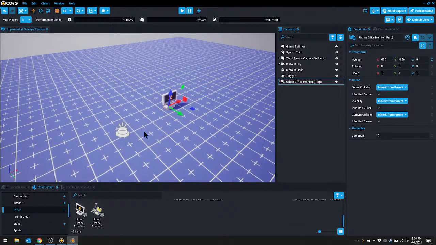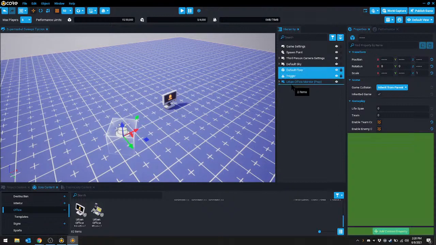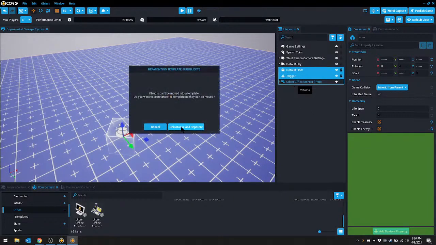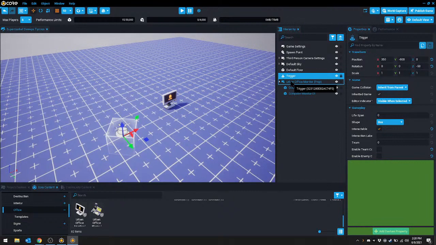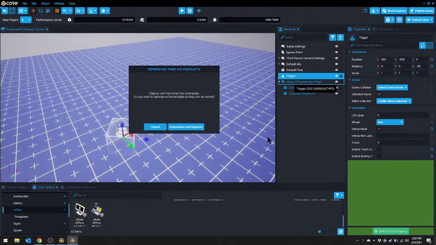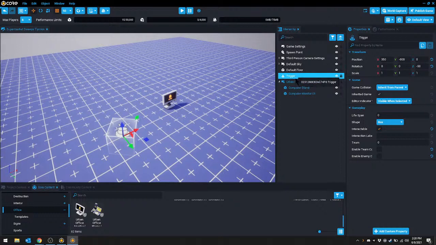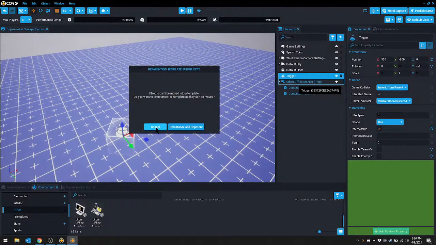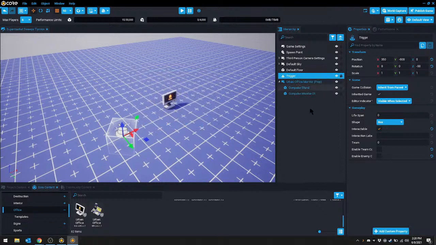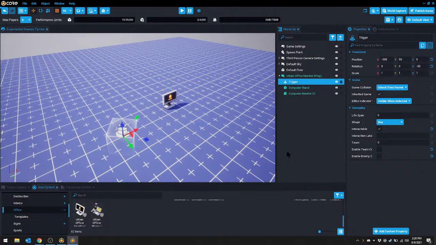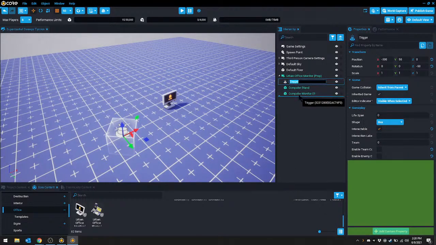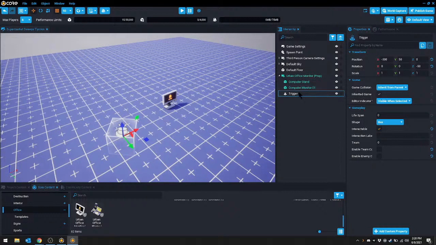Office monitor. There, perfect. Okay, so we're going to take this trigger and we're going to put the trigger into the office monitor. So hold on. It says objects can't be moved into a template because I'm using a template, right? So what happens if I say the instance? And then it lets me do it. Okay, and then I can add